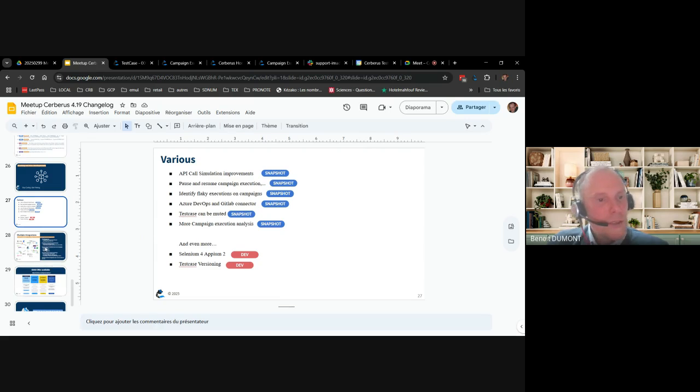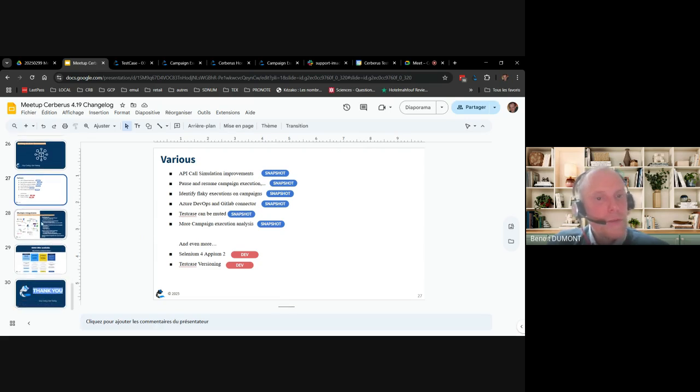So that's for the next version that we will probably describe in the next release that will probably come in 1 or 2 months from now. Most of those features are already available in beta mode on the QA environment.